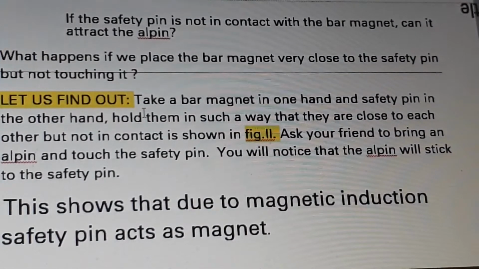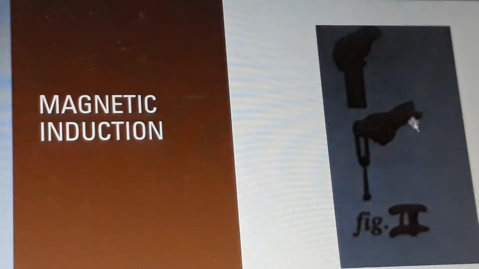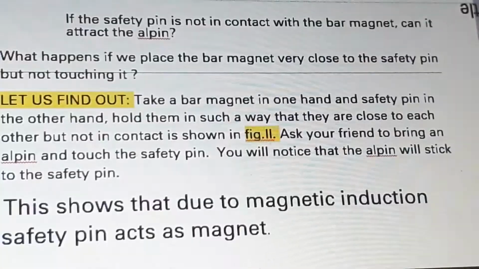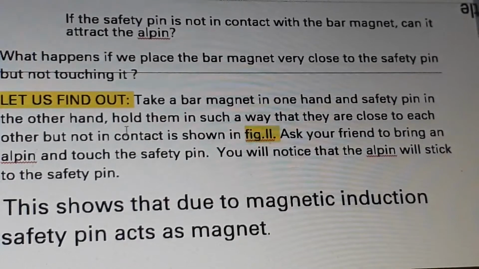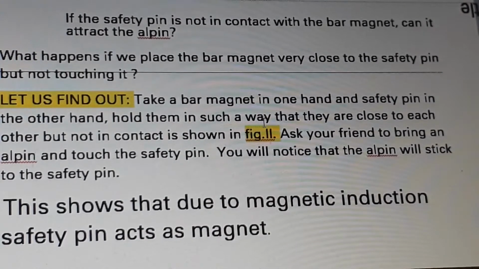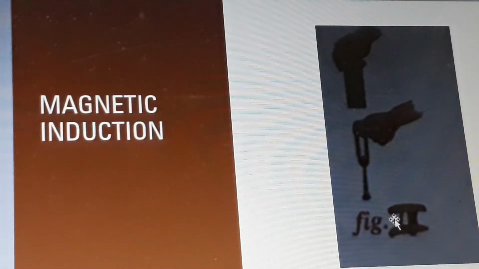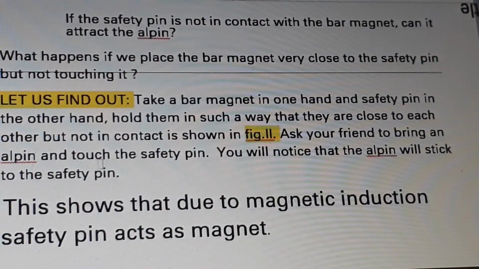Let us find out. Take a bar magnet in one hand and a safety pin in the other hand. Hold them in such a way that they are close to each other but not in contact, as shown in figure 2.